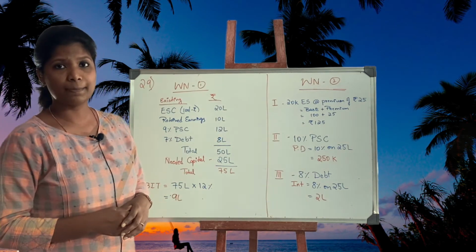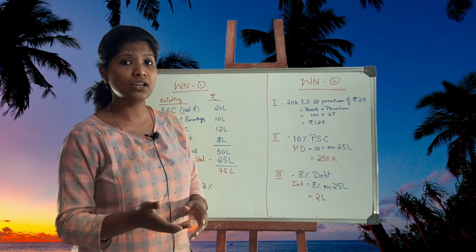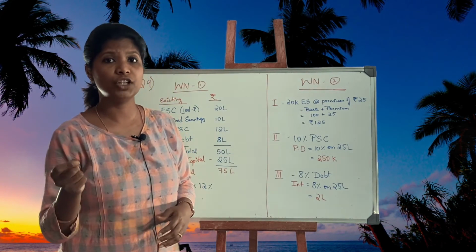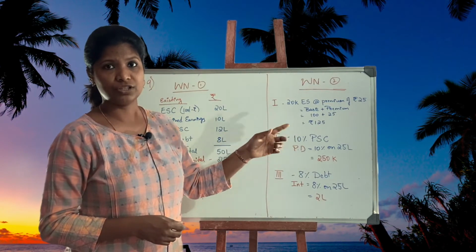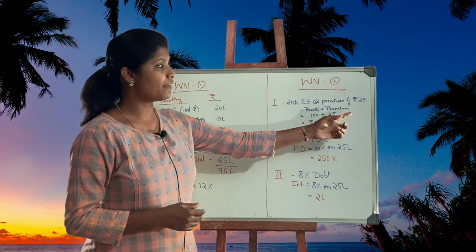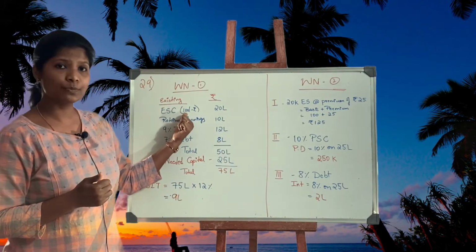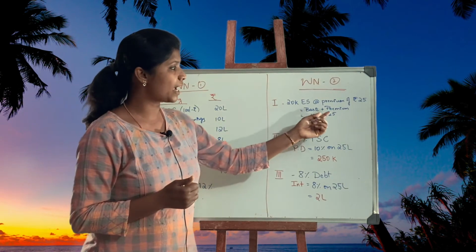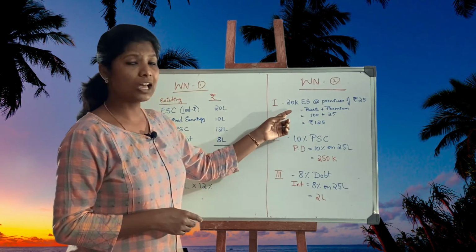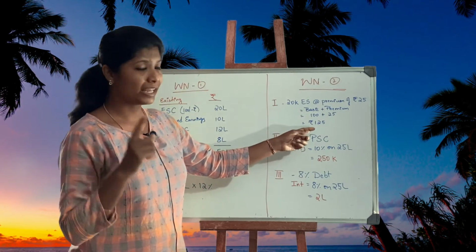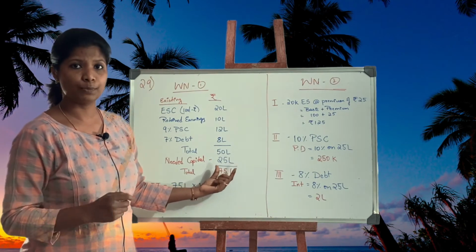Second working note is about the three different plans. So first plan, they've asked to issue 20,000 equity shares at a premium of 25 rupees per share. We already looked at this kind of problem in question number 18, if you remember. So 25 rupees is the premium. What is the base price? Base price is given in the question as rupees 100. So base price plus the premium, it becomes 125 rupees. So 20,000 equity shares multiplied by 125 rupees each, you arrive back at 25 lakh rupees.